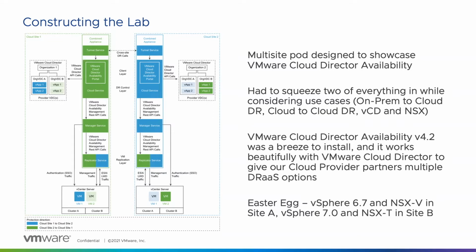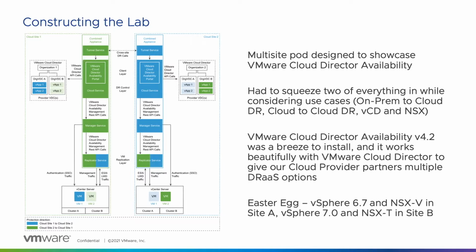And so I used the consolidated appliance in our lab. This picture is actually pretty good. It shows both Cloud Site A, or 1, in the picture and Cloud Site 2. In our lab, we call them sites A and B. But just to give you an idea of what's going on there. And actually,